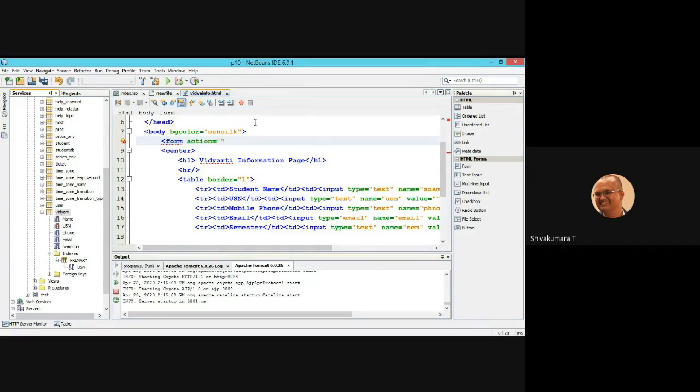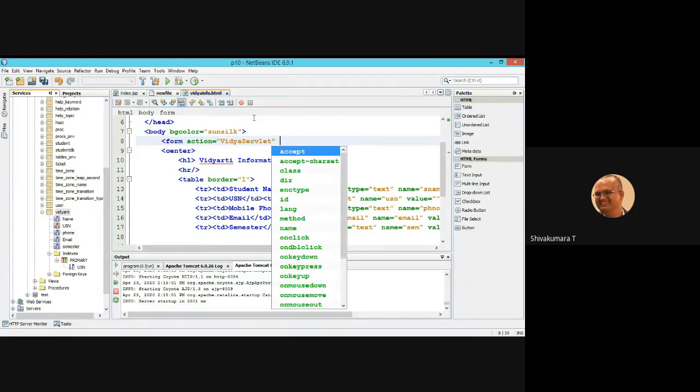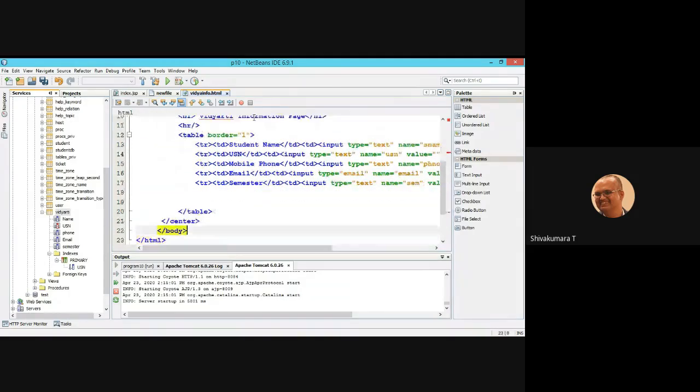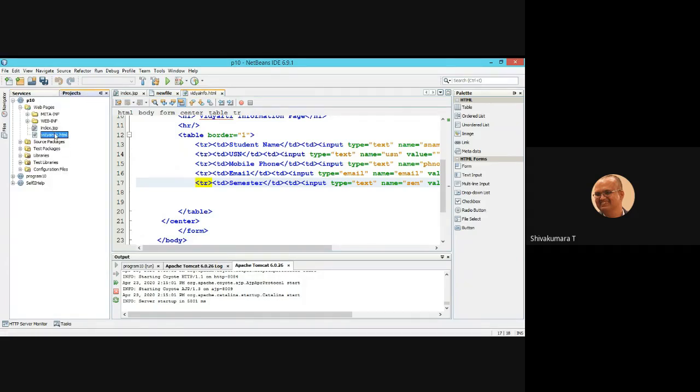You can specify Vidya servlet. Method you can specify post. That form should be closed with the above content. Save it. Then run it.